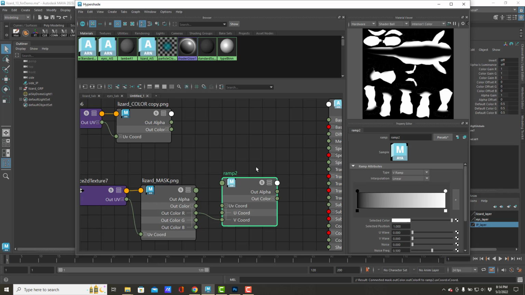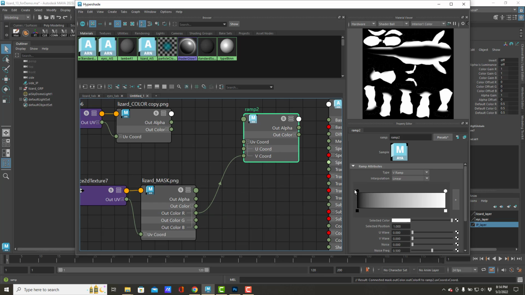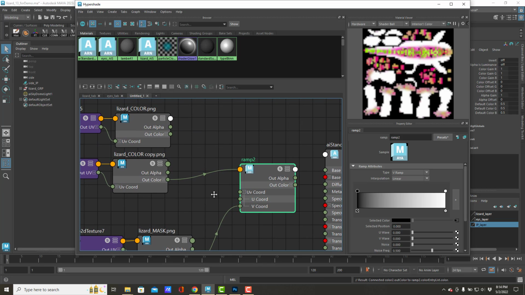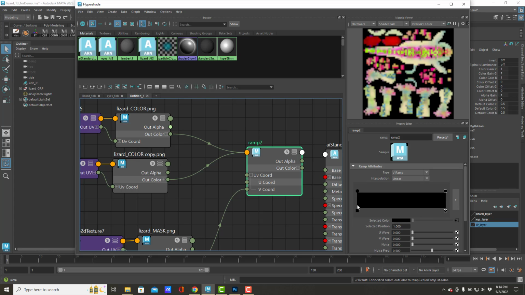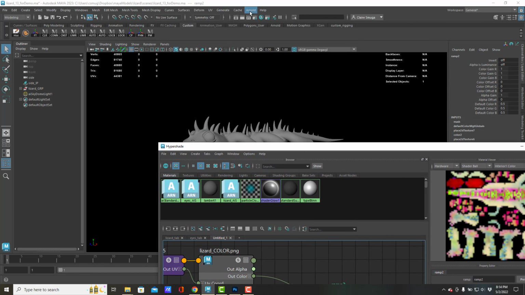So if I want the pink image to be where the black was, I will select this black slider and then middle mouse drag the pink image here to selected color. Then I will take the white slider, I click on the circle to select, and the green color goes into the formerly white slider. And I'll just do a quick render,